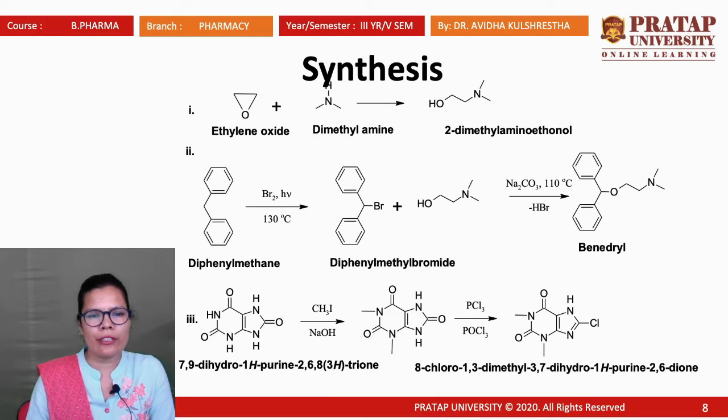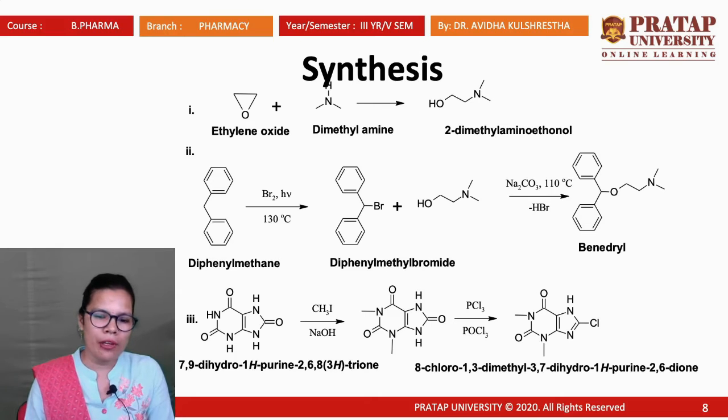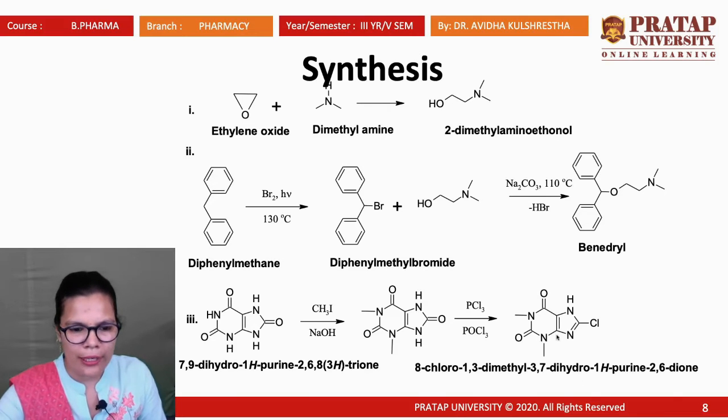So the first two steps of the synthesis remain the same. In the third step, we prepare 7,9-dihydro-1H-purine-2,6,8(3H)-trione, which interacts with methyl iodide. This is a methylation or alkylation process in a basic medium. In the strong basic medium, when this interacts with methyl iodide, two alkyl groups are introduced on these two nitrogens. See, these two hydrogens have been replaced